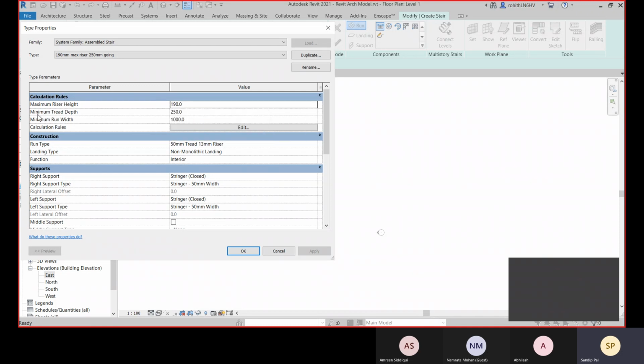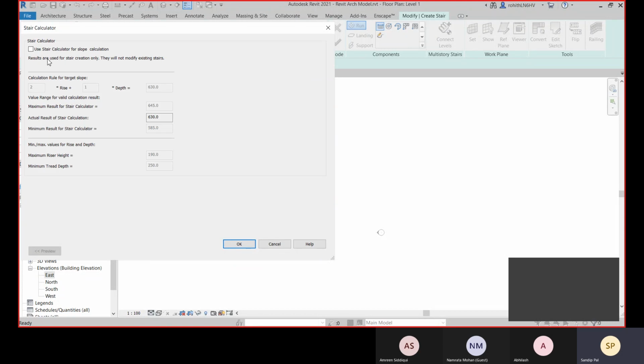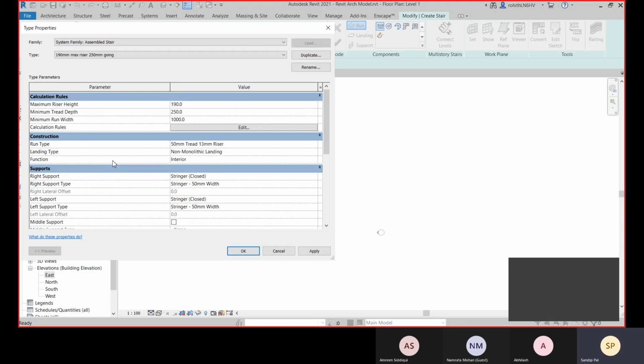The maximum tread depth is also there. Here the minimum run width is 1000, so you can give more than this, but you cannot give less than this. The calculation rule is set over there. If you need to change these things, go with this and you can change it. Here we are not changing it.